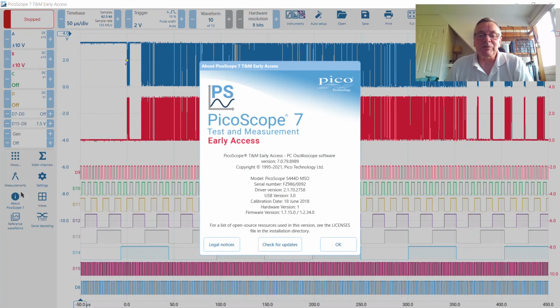Welcome to the PicoScope 7 Test and Measurement Early Access Program. PicoScope 7 is the next generation user interface for all PicoScope real-time PC-based oscilloscopes. There are PicoScope 7 versions for Windows, Mac and Linux operating systems. Download the version that you want from